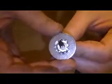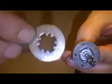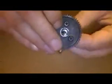When you put this disc back on here, you can see these little tabs right here. You need to line up with these little grooves right there in the disc. Then we can go ahead and slide this piece back on with our new pads. And next, this goes on next, if you're doing the Slash 4x4 Stampede. And then next comes the spring,